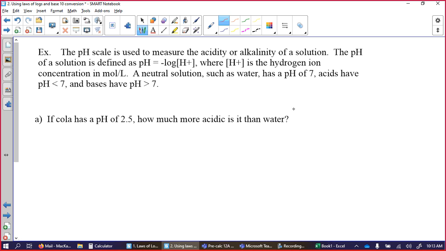how much more acidic is it than water, which has a pH of 7? Because we have a log, the easy way to look at this is the difference in pH, which is 7 minus 2.5. So it doesn't look like a big number. 7 minus 2 is 5, so it's 4.5. So the pH difference